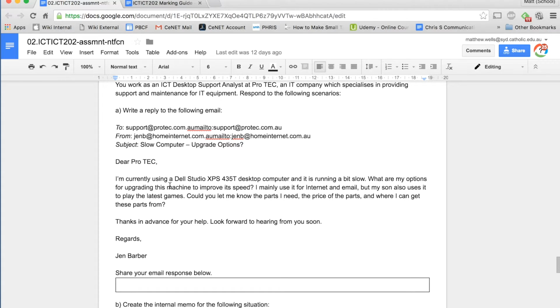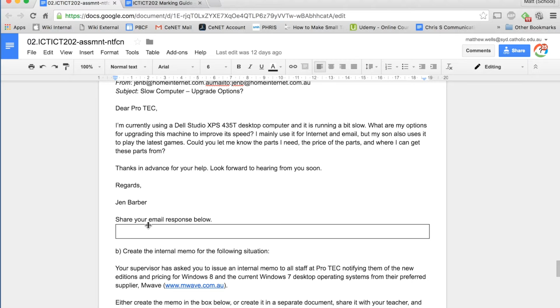Dear ProTech, I'm currently using a Dell Studio XPS 435T desktop computer and it is running slow. What are my options for upgrading this machine? I mainly use it for internet and email, but my son also uses it to play the latest games. Could you let me know the parts I need, the price of the parts, and where I can get these from? So, in your answer, you would need to specify,